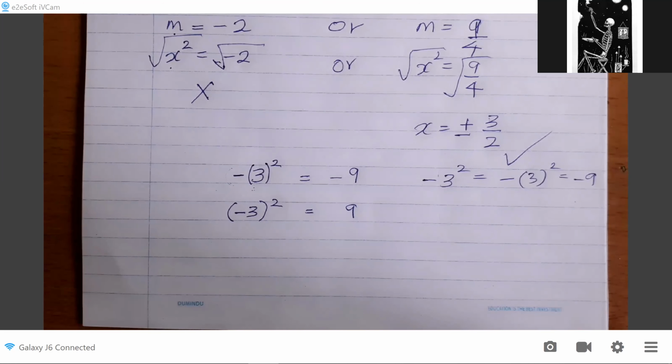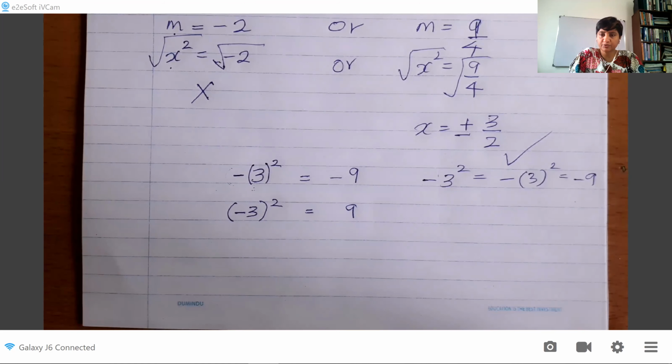Yes, miss. Okay. Then Senithu's question: b squared minus 4ac, the discriminant, does it give 2 x coordinates in a graphical representation if b squared minus 4ac is greater than 0? Okay, so